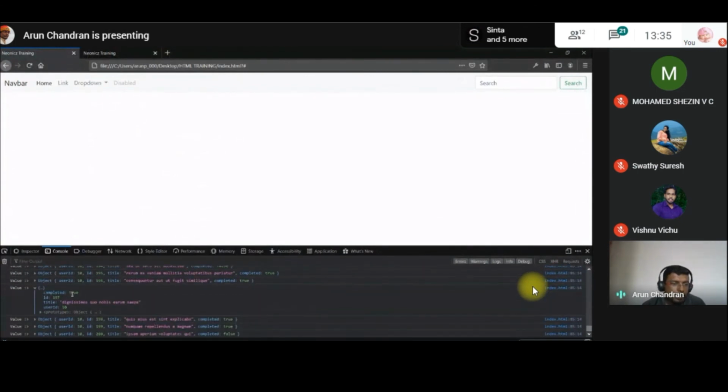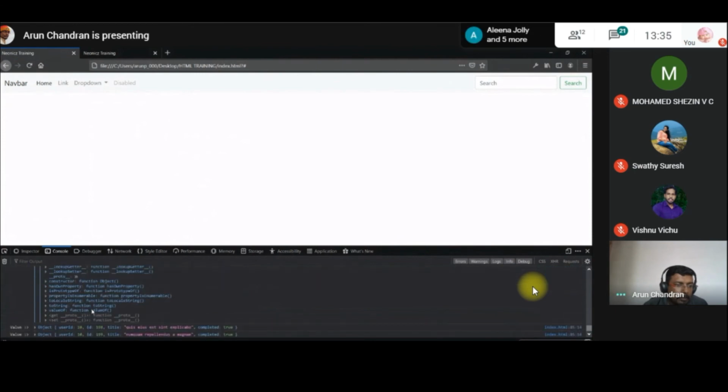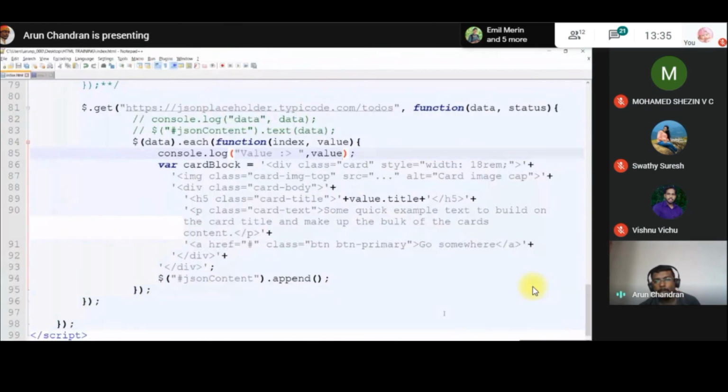It's just going to be completed is true, then some data, an ID, title, and user ID. Only the user ID is available there. User information is not there. Okay, fine. So the title we can use as part of the